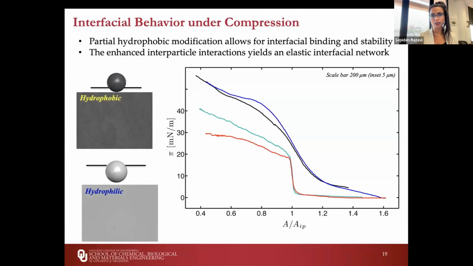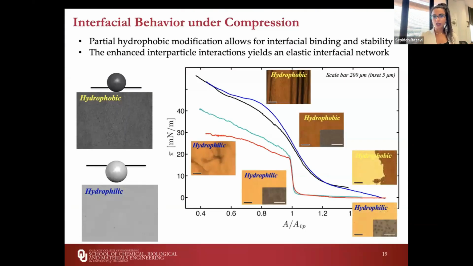And again, this explains why we were able to then stabilize these bubbles using these particles, because as the bubbles coarsen or shrink, these particles are not going to leave the interface in response to those applied deformations. So the message here is that the wettability is important for stabilizing these particles at the interface, and also the response of the network to applied compression. So the particles have to be slightly hydrophobic. If they're too hydrophilic, they're going to get removed from the interface under applied deformations.